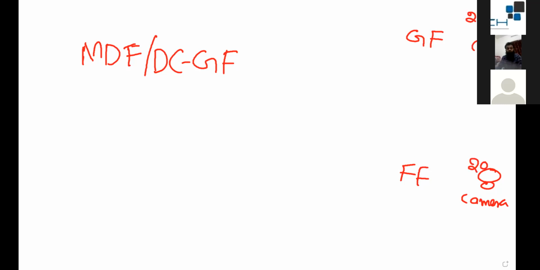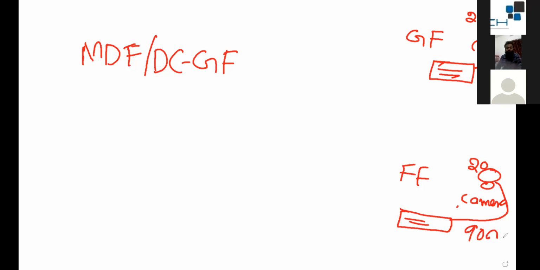So the ground floor 20 cameras will be connected to the ground floor switch. All the cameras will be coming to the switch. And we will also have a first floor switch, and all the cameras will be connected to the first floor switch. The connectivity from the camera to the switch should not cross 90 meters. Even for the camera, you have a copper camera and you have a fiber camera. We'll talk about the general case.